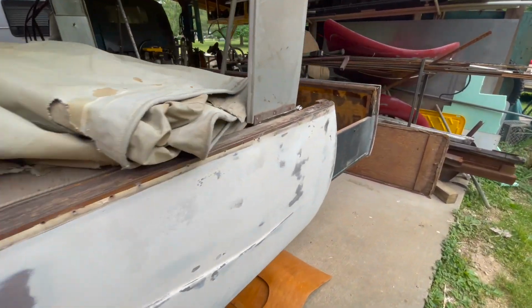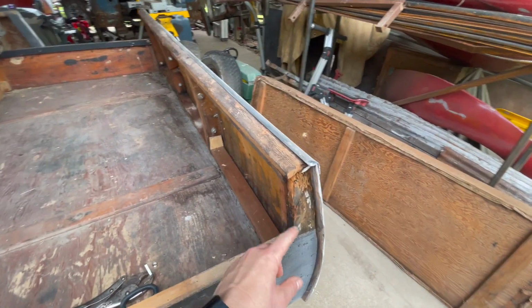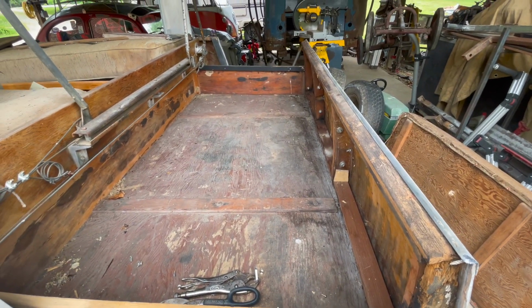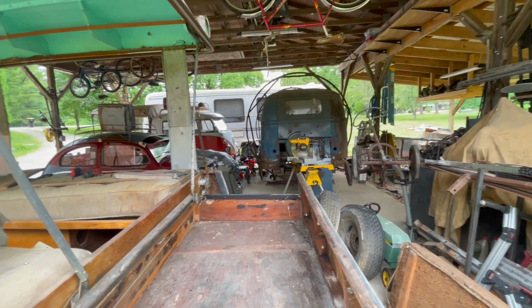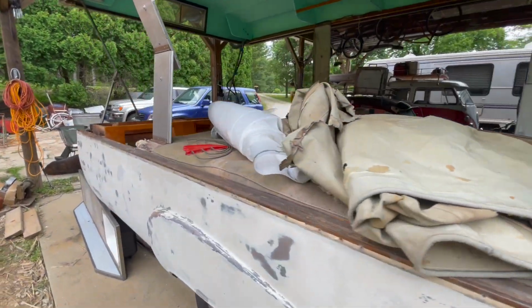rot. And the back bed, I started taking pieces of it off. Took this top trim piece off, and one bite at a time, just like that old guy. And no, I haven't given up on Pickle. Still working on Pickle. But for right now, we'll share this so the people at the camper rally can keep